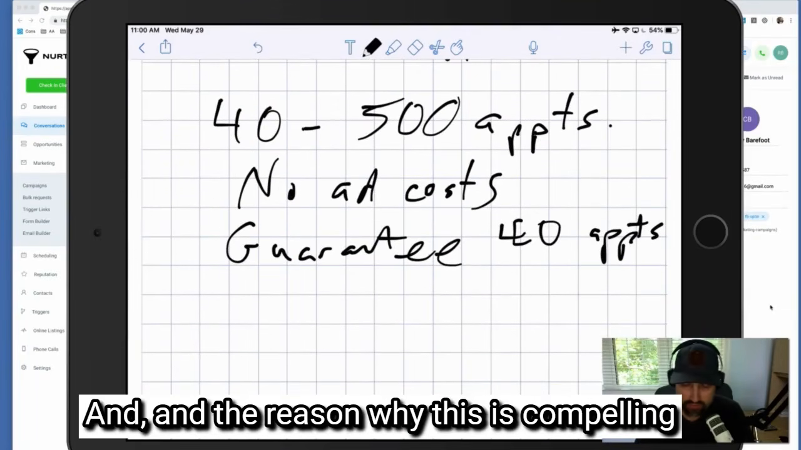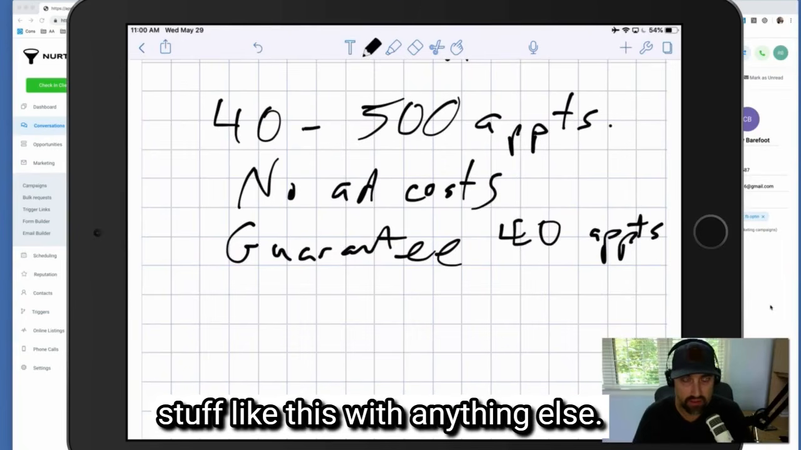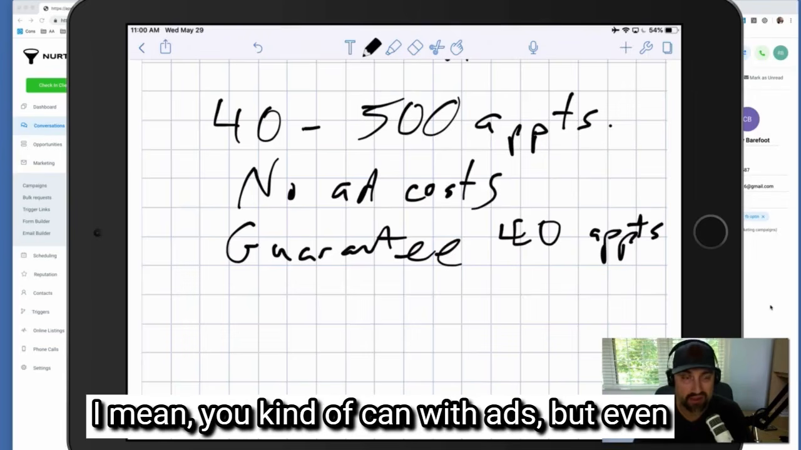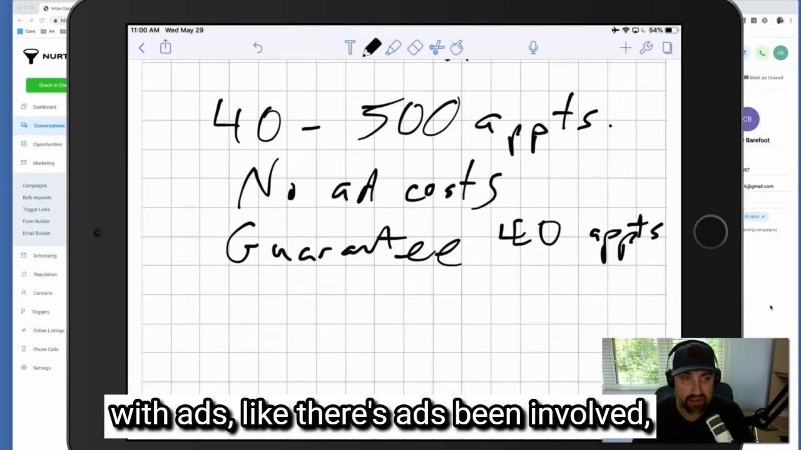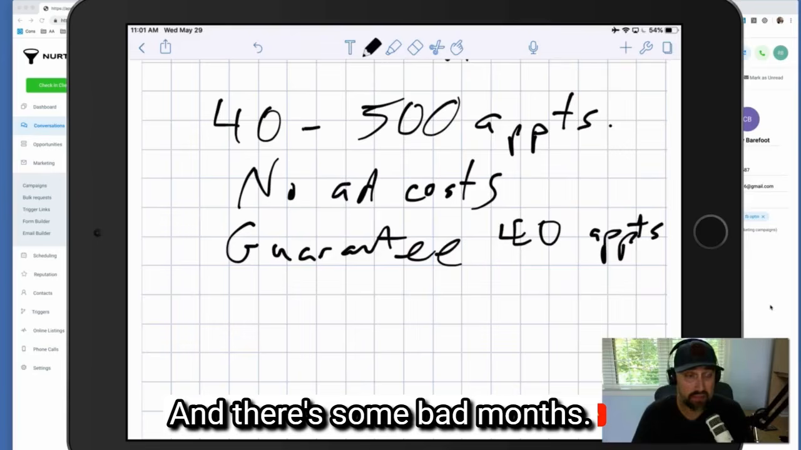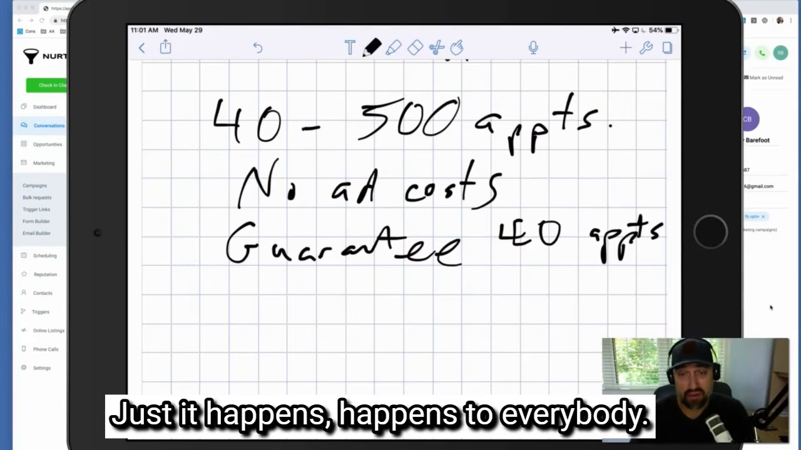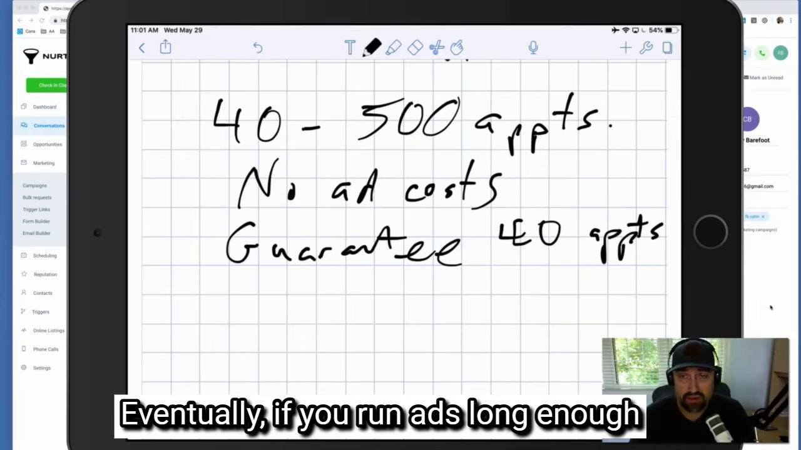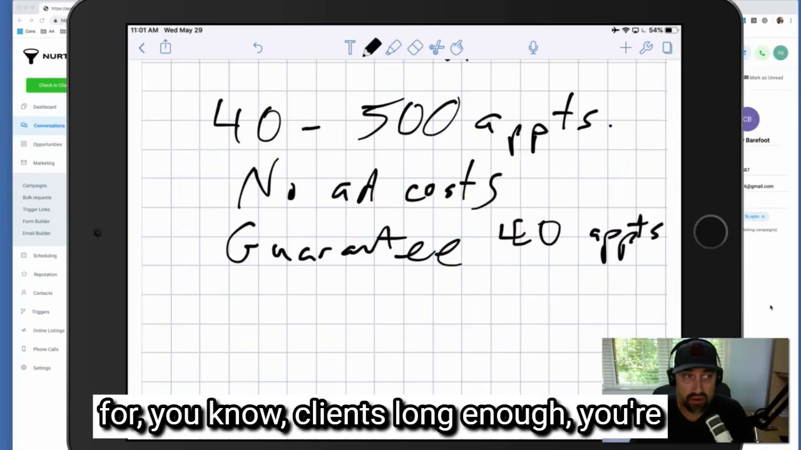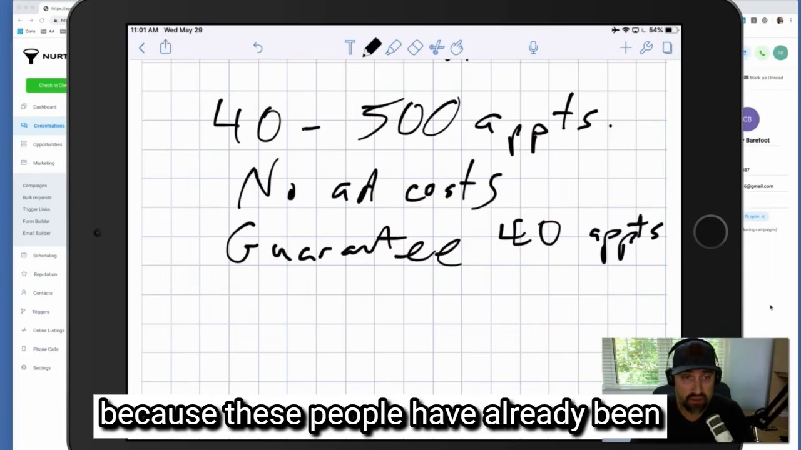And the reason why this is compelling, guys, is because you can't really guarantee stuff like this with anything else. I mean, you kind of can with ads, but even with ads, there's ad spend involved. Really, you don't control the platform. Facebook does. And there's some bad months. Sometimes you just have a bad month with ads. It happens to everybody. Eventually, if you run ads for clients long enough, you're going to have a bad month. But with this, it's pretty predictable because